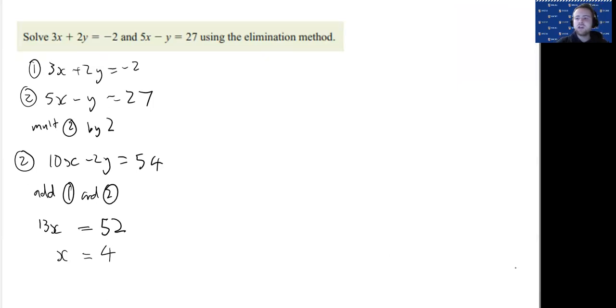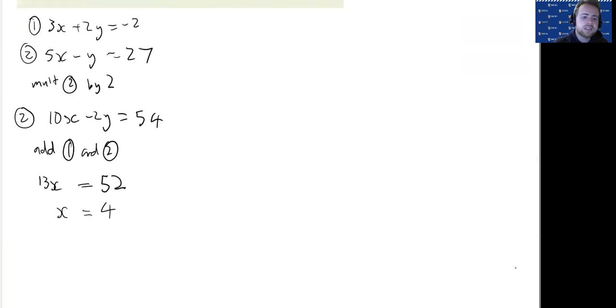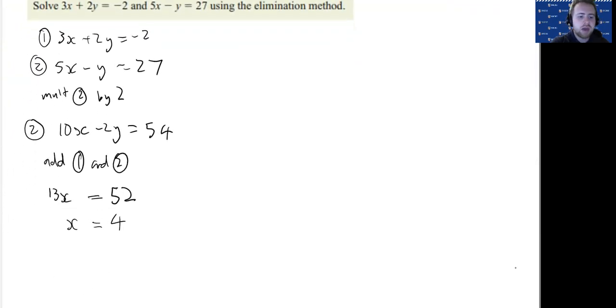So you see, although conceptually it's a bit difficult, you reduce the amount of working you have to do quite significantly using the elimination method. Okay, now to finish off though, this last part, we still have to do substitution. So I'm going to sub back into 1,